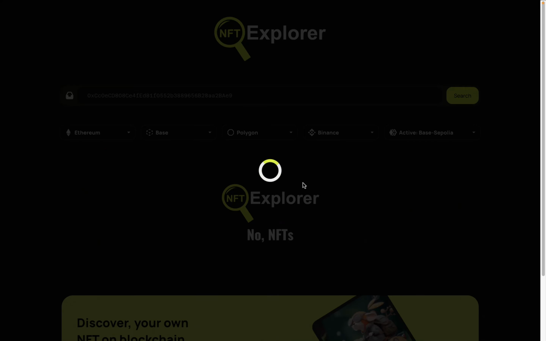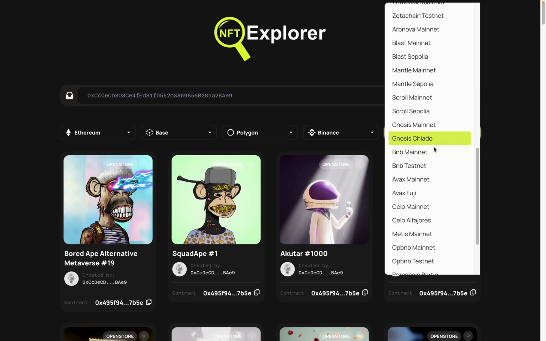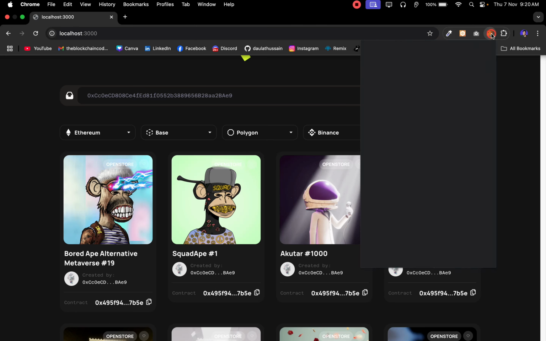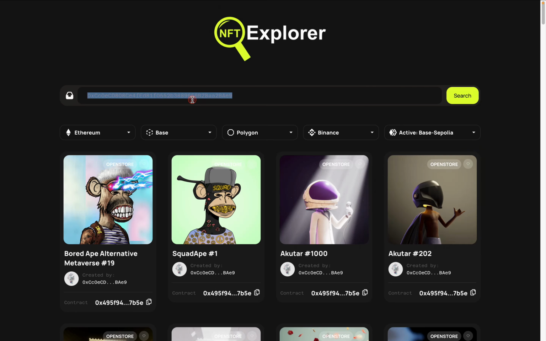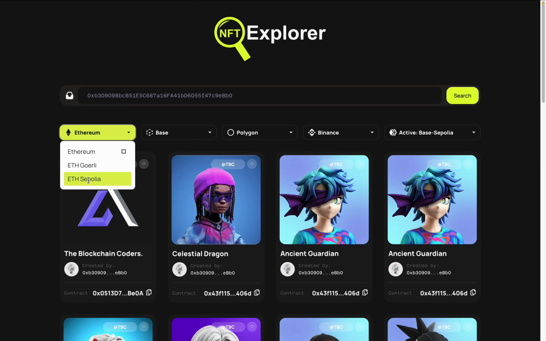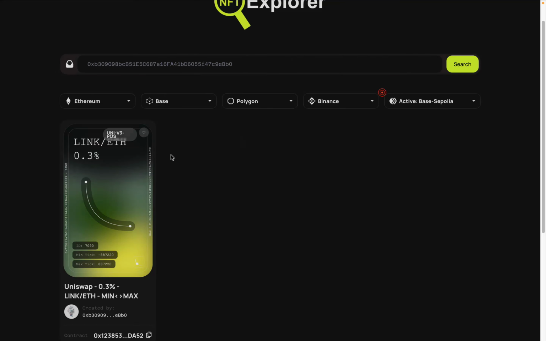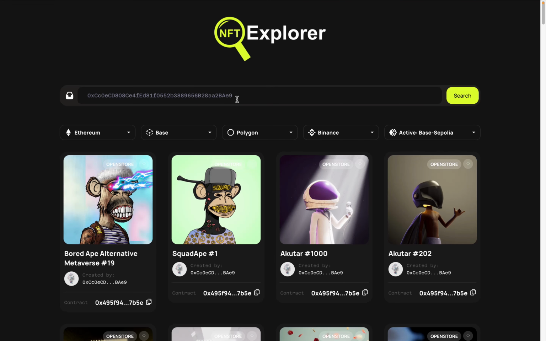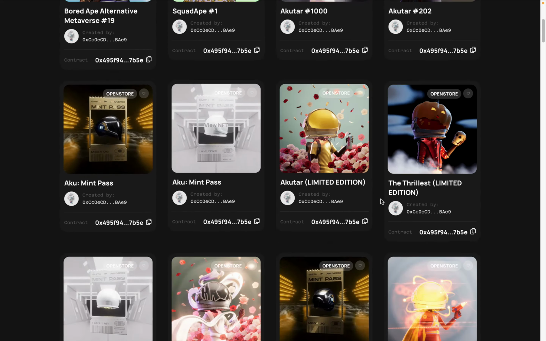In this project, you're going to build your own NFT Explorer. All you have to do is give the address of a wallet and it's going to fetch all the NFTs on the respective blockchain which you pick, because we are providing 50 plus options to the user. So here, once you provide the address, you will find all the NFTs which